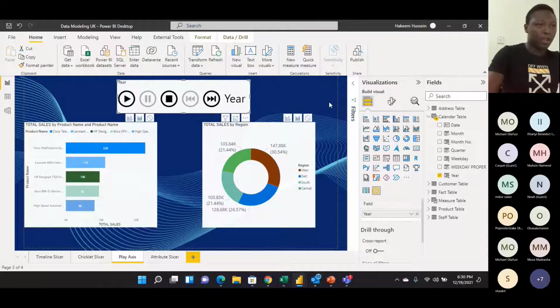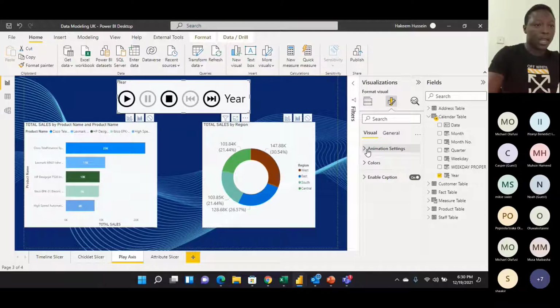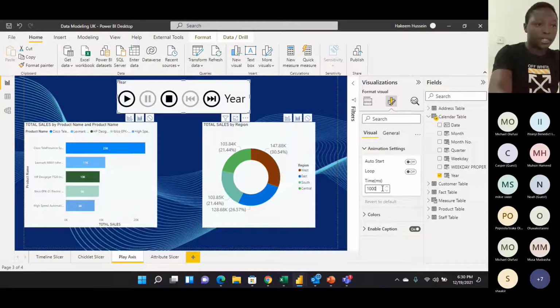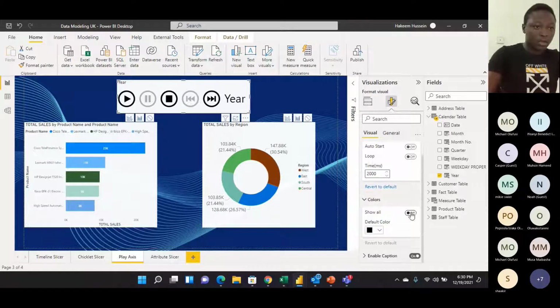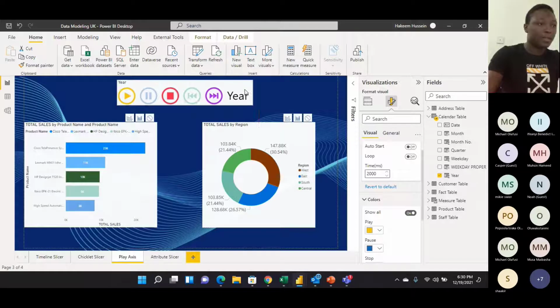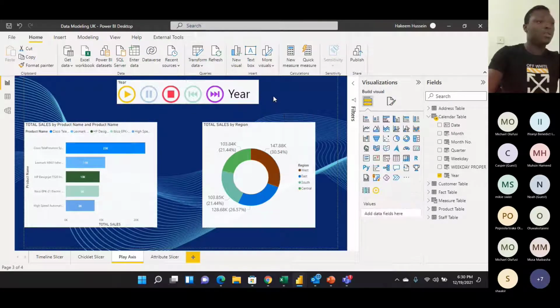So clicking on the visual, I'll come to the format your visual, right? And I'm going to come to the animation setting, right? I can increase this a bit, so I'm making it faster. I can change the color and say show all colors to make it look nicer. Okay, so now if I click on play,